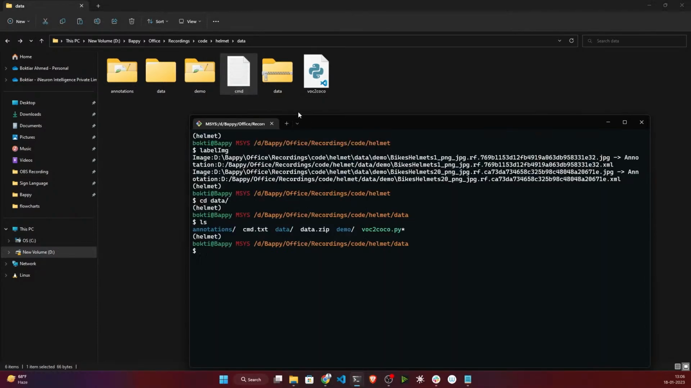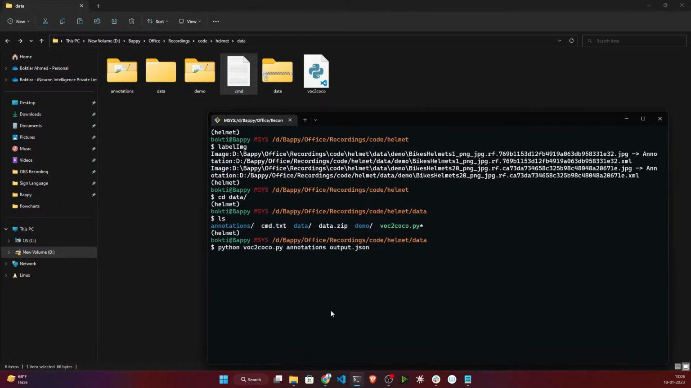Now open up your terminal again and try to paste it. Basically you are trying to run this Pascal VOC .py file, and you are providing the annotation folder where you have kept your annotation files, this folder annotations, and the output format, where it will save. I'm just giving it output.json. This is your COCO format. Now if I hit enter,